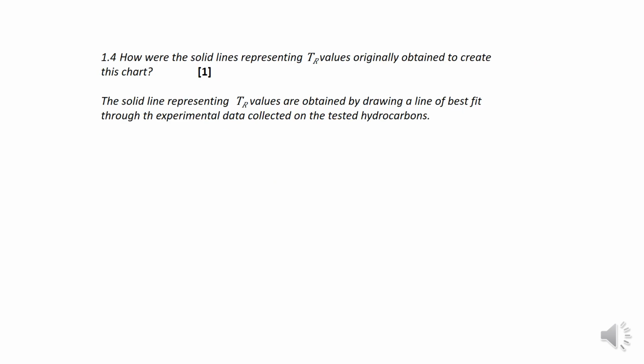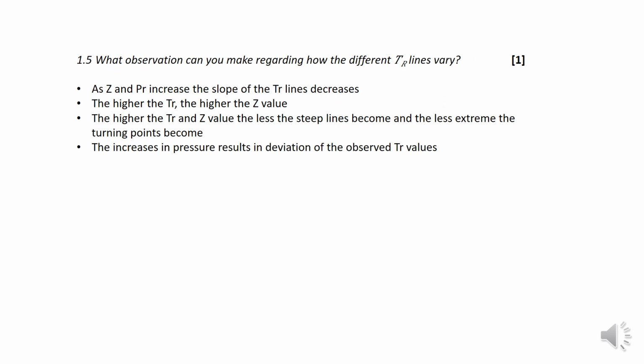The solid lines representing TR values are obtained by drawing a line of best fit through the experimental data collected on the tested hydrocarbons. From the chart, we see that with increasing pressure, there is more deviation of the values of reduced temperature. Looking at the reduced temperature lines, as Z and PR increases, the slope or gradient of the